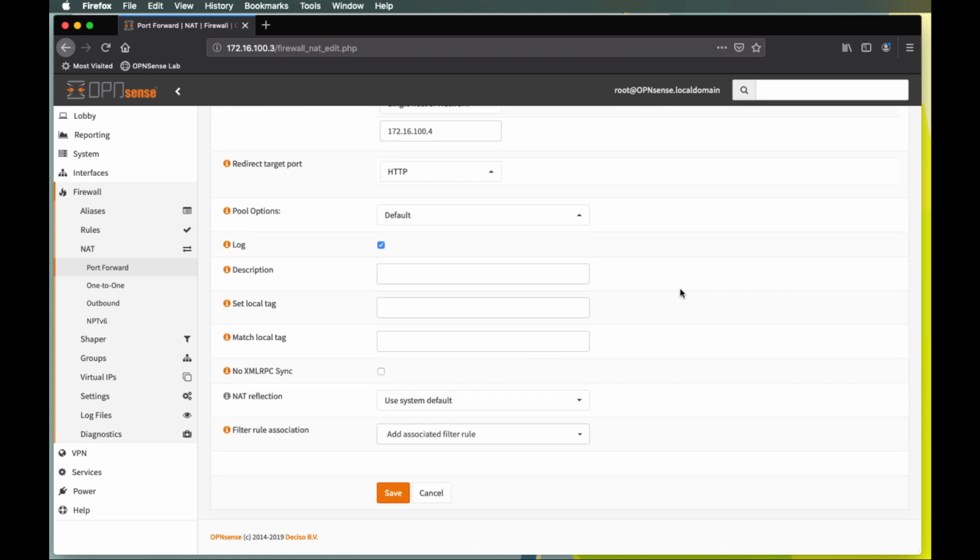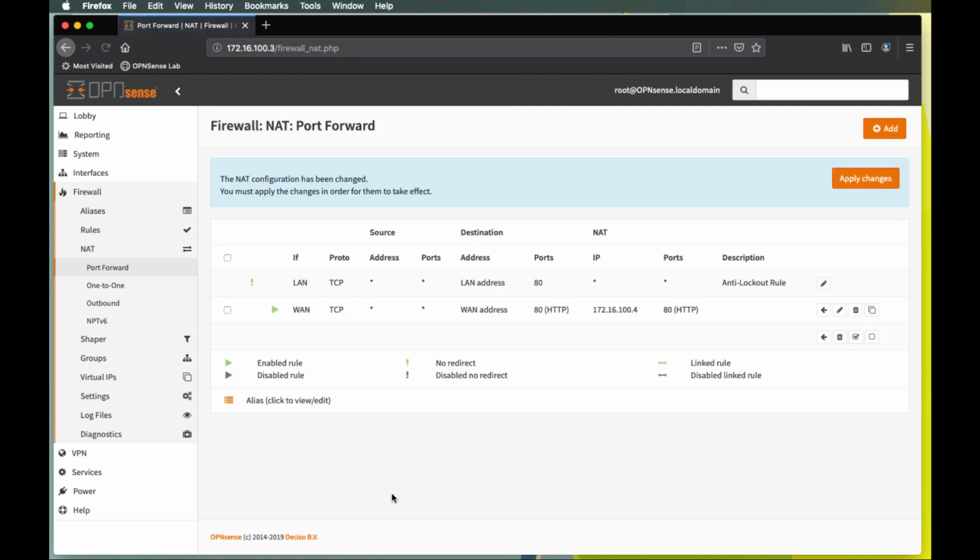I may decide to log those options, so it will be easier for me later on to review what is happening. There's an interesting function here in OPNsense Firewall. It may create a firewall rule for us automatically. I don't want it. I'm going to create a firewall rule myself manually. So I select here the option none. However, if we would select add associated filter rule, the firewall would create that rule for us. I'm selecting none because I want to show you how to create those rules. So I hit save,